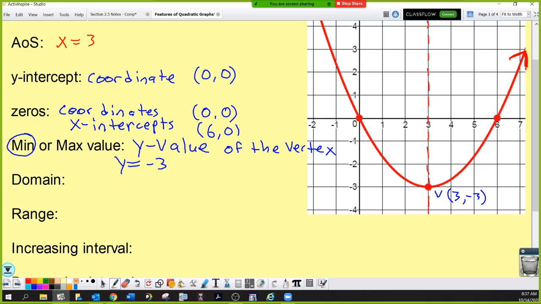Domain. What does it mean to say domain? Now you've probably talked about domain in Algebra 1 and range in Algebra 1. Do you remember it? Well, there's a good chance you don't. I know that was a long time ago. So I'm just going to fill it out. That way it makes the notes, both the physical ones you have and the video on YouTube. The domain is all x values